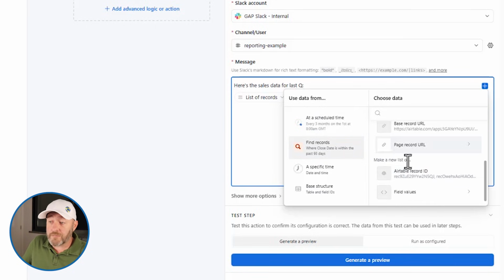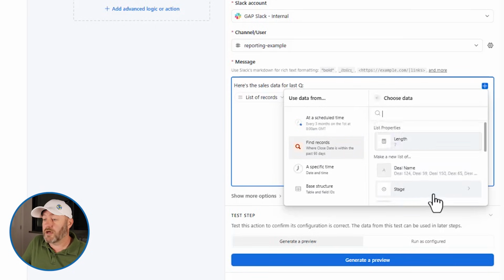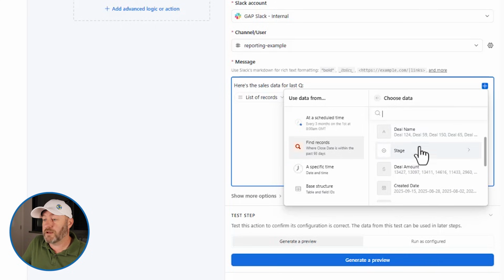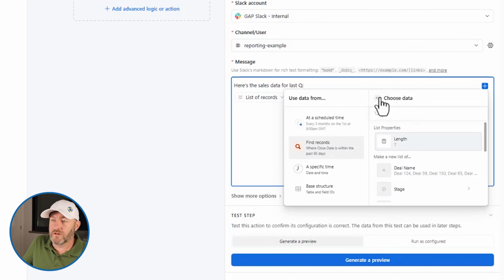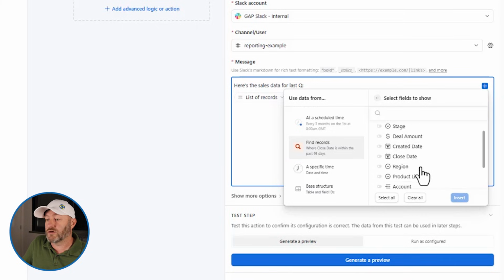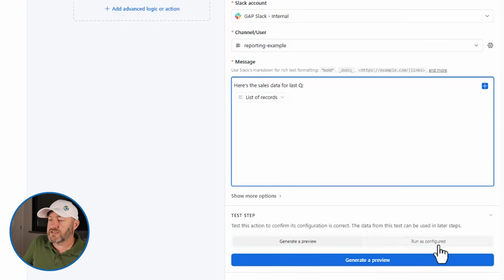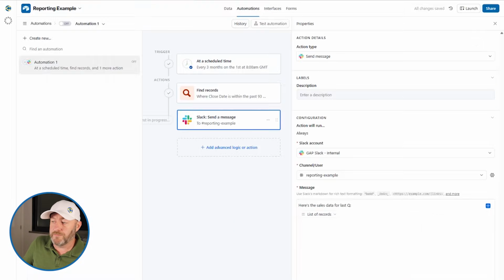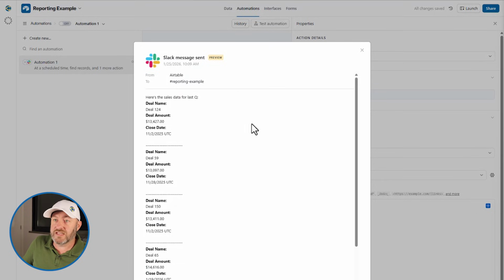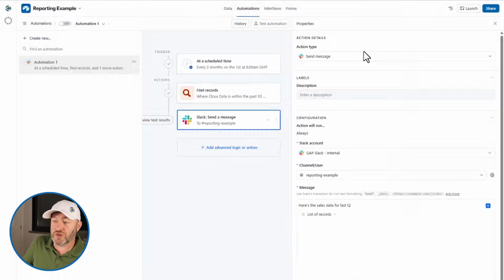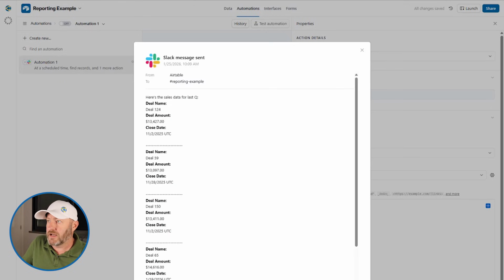Now, we do have the other option, of course, of choosing this. We can use the field values, and so we can pop in like a stream here, but I don't find this to be as helpful as what I've just shared above, which is inserting the records as a list and selecting those things individually. So let's go ahead and test this out, actually. I'm going to generate a preview, pop this in. This is what it will send to my Slack. So that preview looks good, and we will go ahead and actually test the live data,